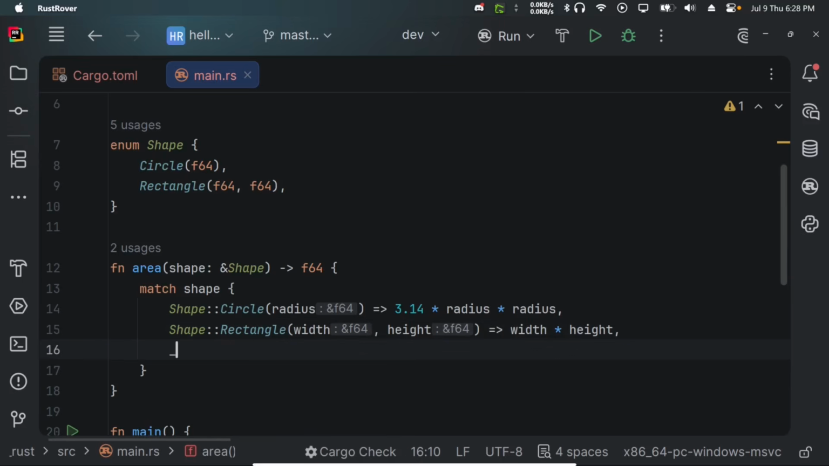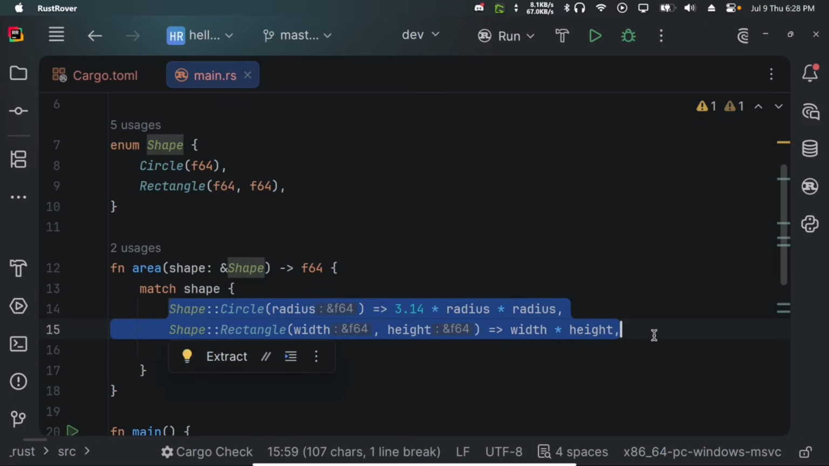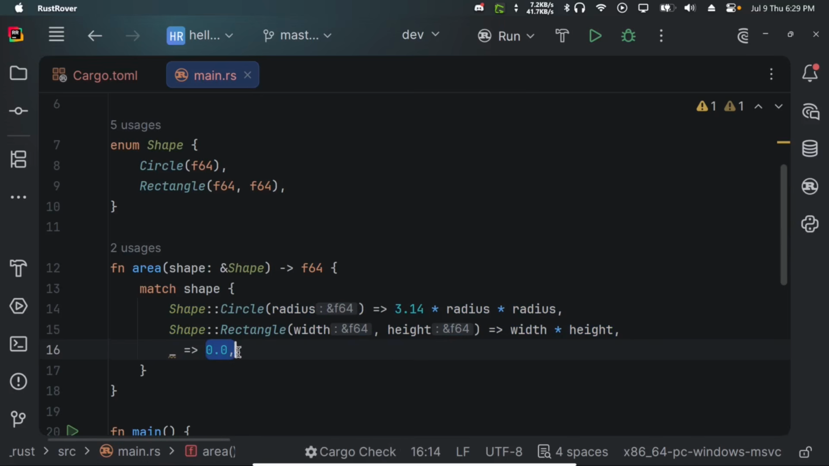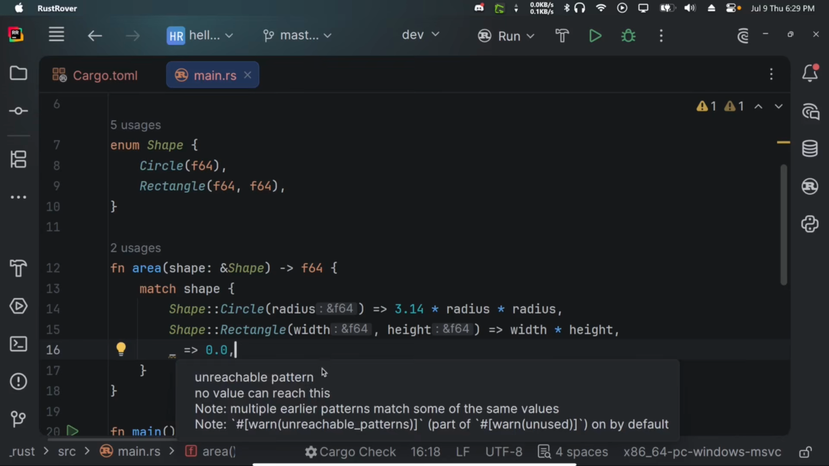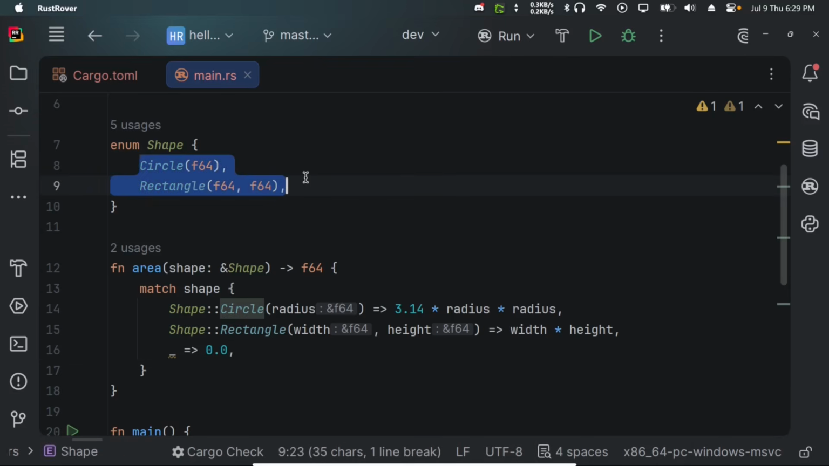So what you can do is you can have a default condition, basically an underscore that leads to 0.0. That means if both of these cases fail, then at the end, we just return the area as 0.0. Now, if you hover over this, it's going to say unreachable pattern, because obviously we have circle and rectangle as